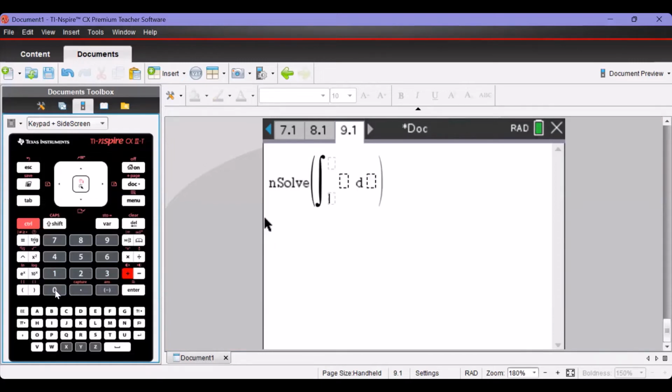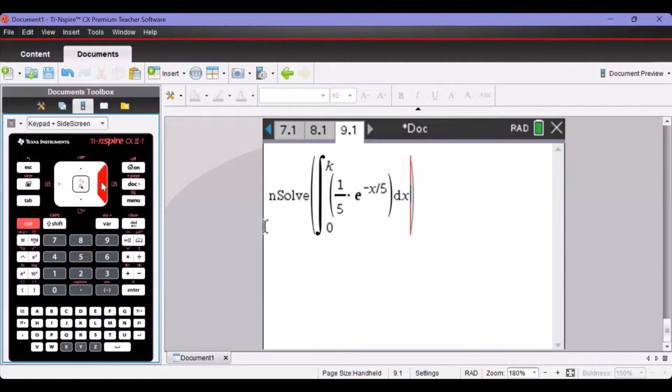Then we want a lower limit of 0 and an upper limit of k. And then here we use the fraction template, Control divided by, enter 1/5, arrow to the right, multiplied by e to the power of negative x divided by 5 with respect to x,